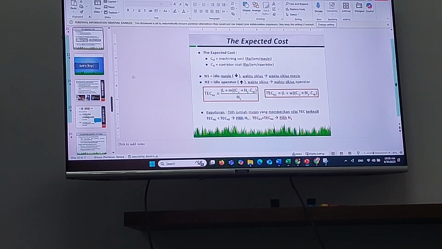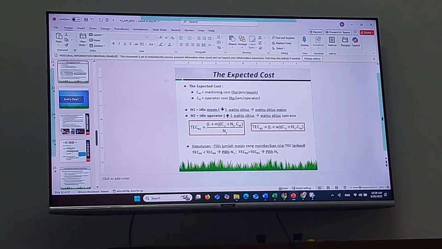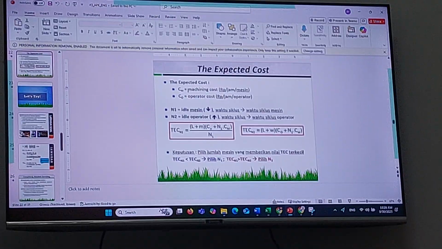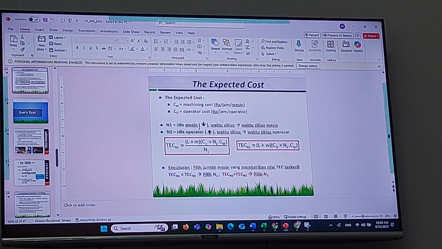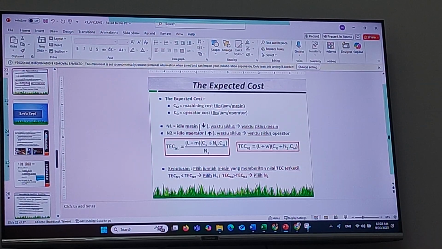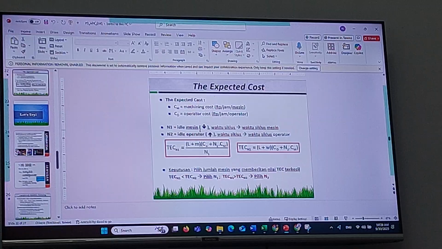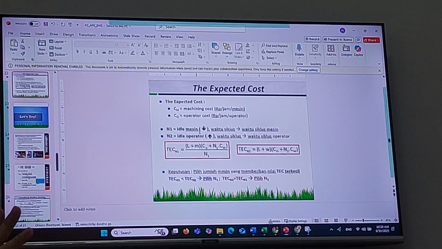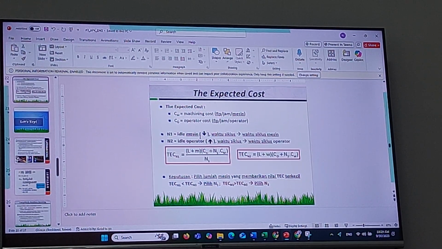Discuss again, continue the discussion, especially for this case. In the last meeting, we discussed the expected cost. In the expected cost, we assume that sometimes, if we have a decision, for example, the number of machines is 3.45, then we should decide which is better: we buy 3 machines only or 4 machines. It is common in the real case.